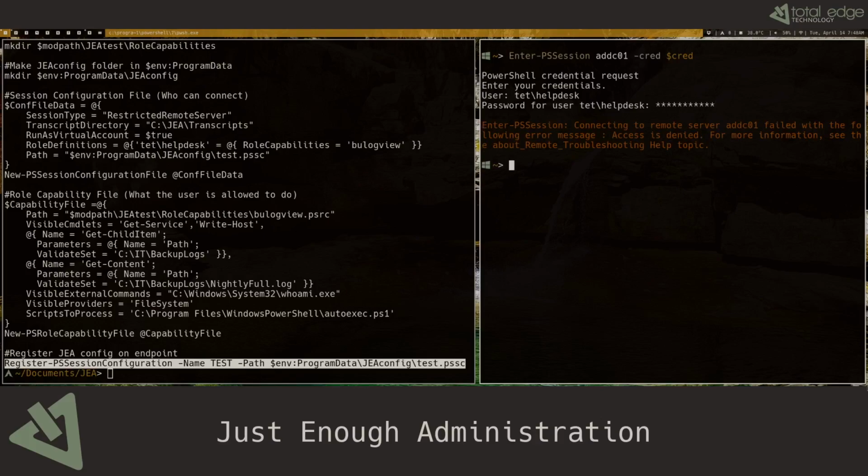And so that failed because the help desk user is just in the Active Directory group domain users, which I'll show you here in a few minutes. But the way you connect to your JEA configuration is in your Enter-PSSession command, you add the -ConfigurationName parameter, and in our case, it's test, because that's what I registered my JEA configuration name as. So if we do this now and connect with the help desk user,